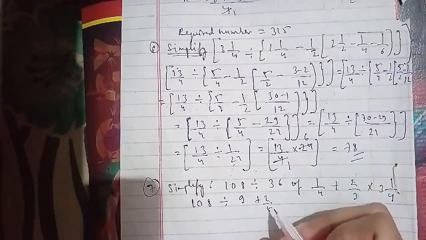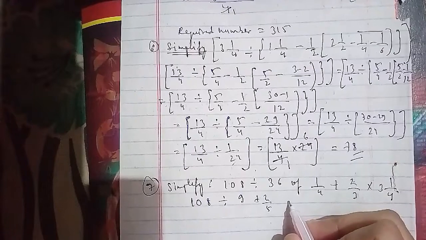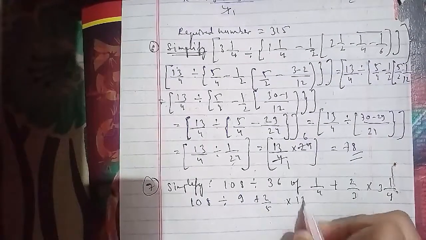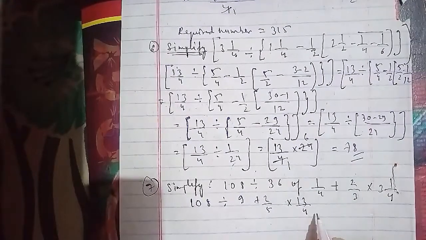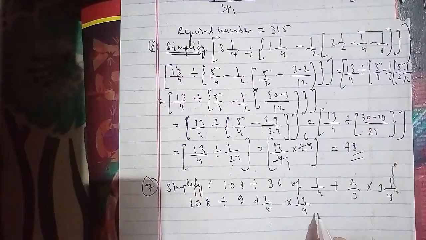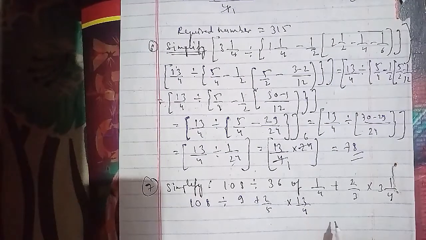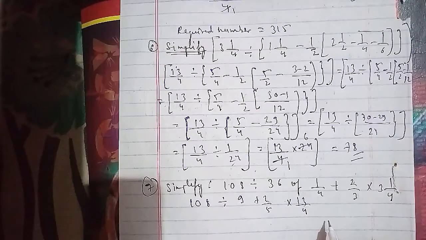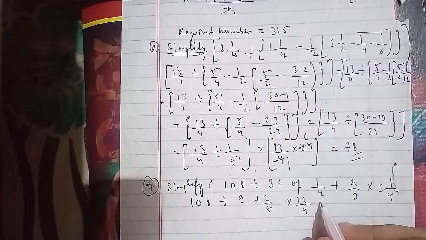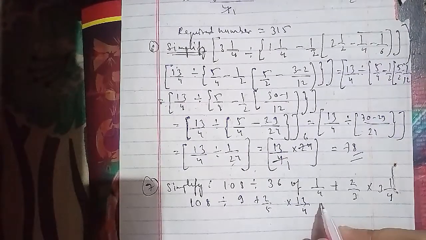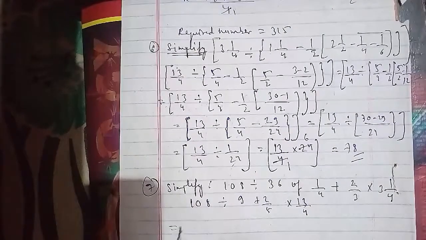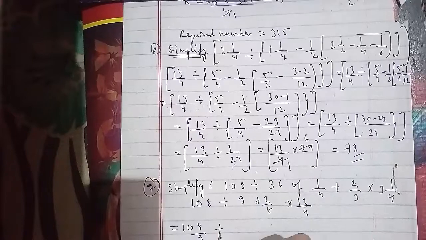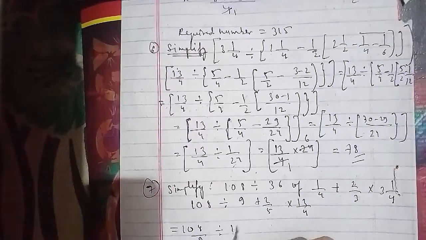When we cancel it out, it will multiply 13 upon 4. And according to the question, in the same respective manner, we have to change the question as we go ahead, and that is 108 by 9 divided by 13 upon 10,